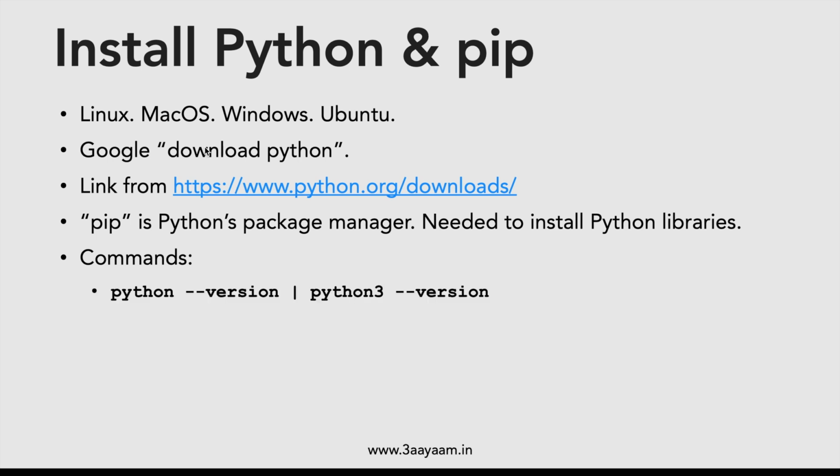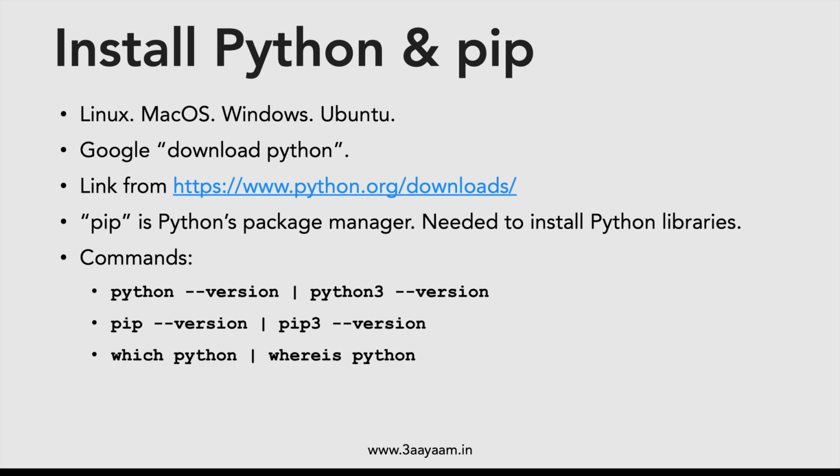The first one is python --version that I have already shown you. After the installation is done, you should check whether Python has been installed properly or not. Then either you run pip --version or pip3 --version. I have shown you pip3 --version, and the pip3 that I have installed is for Python version 3.12.